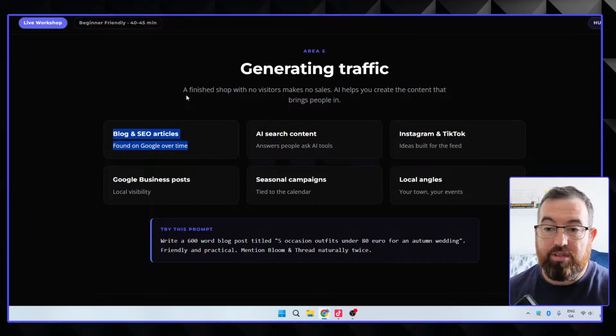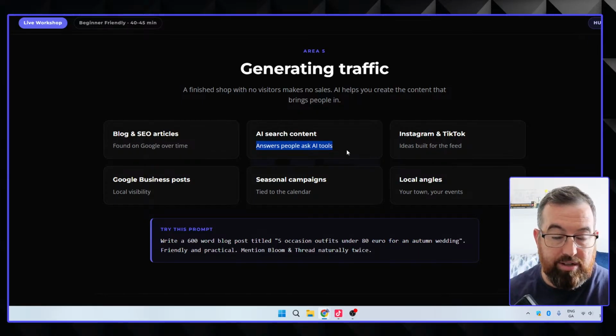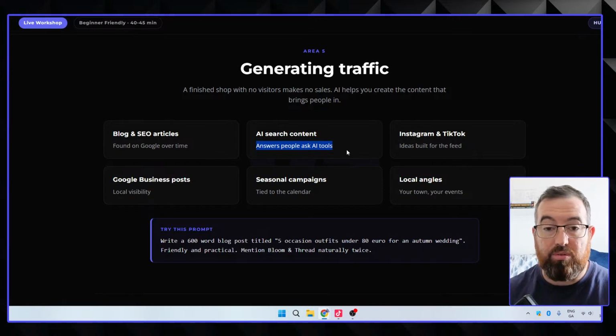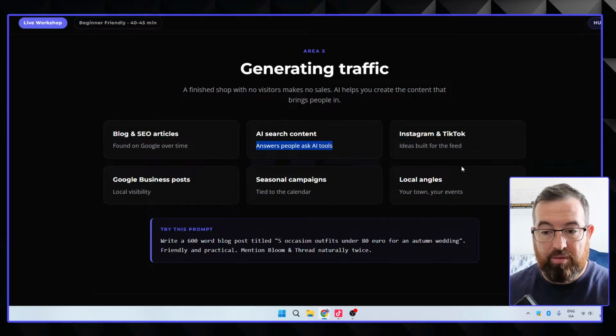So wedding dresses, or not actual wedding seasons, things like that. AI search content is massive, so again, answer what people ask AI tools. If you're writing articles and have blog articles, you can focus on some of the common things people ask. So, what are the best colors to wear for a winter wedding, or a summer wedding, whatever it is. You can then get ideas built